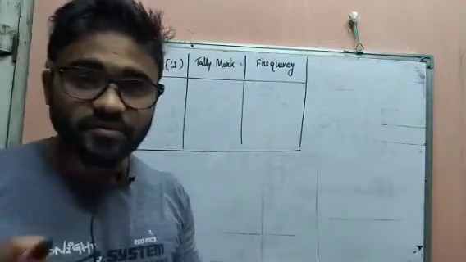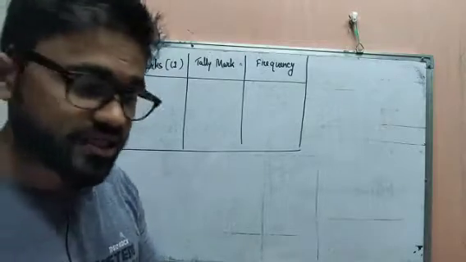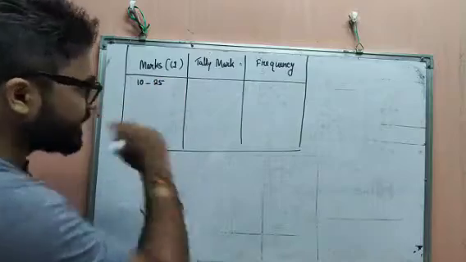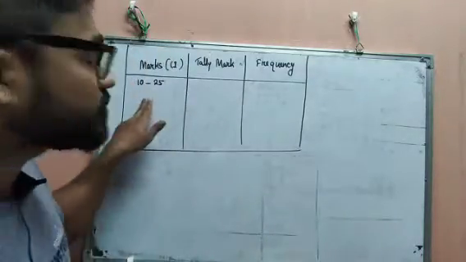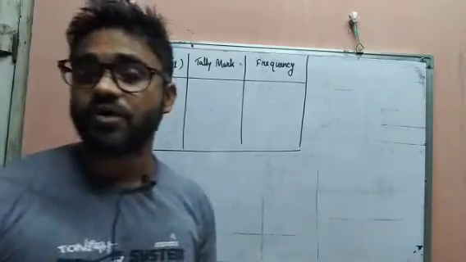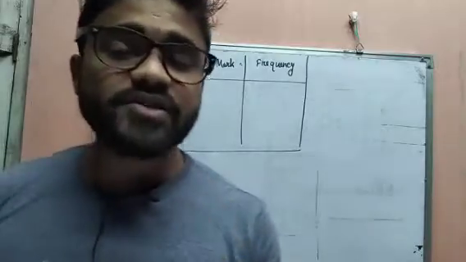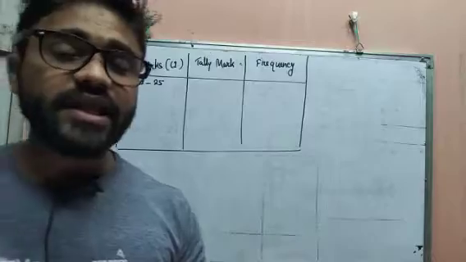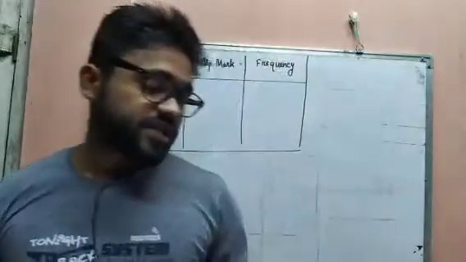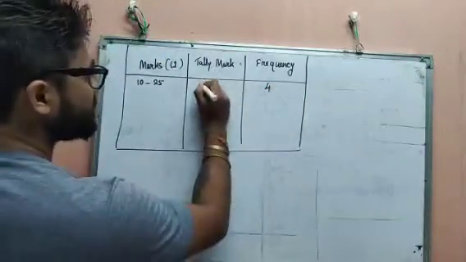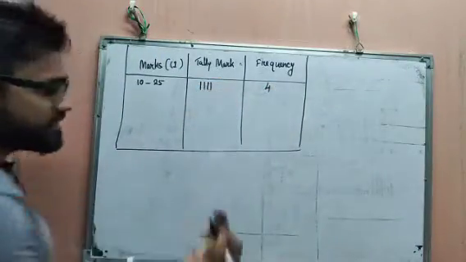So class intervals we have to take as instructed in our question, 10 to 25. So the first one will be 10 to 25. In this range, if we count how many students got marks from 10 to 25, here you cannot consider the 25. You have to consider up to 24. That means from 10 to 24, how many students got the marks? If you see, you will get a frequency of 4. That means the frequency will be 4. So tally marks will be what? 1, 2, 3, 4. Simple.